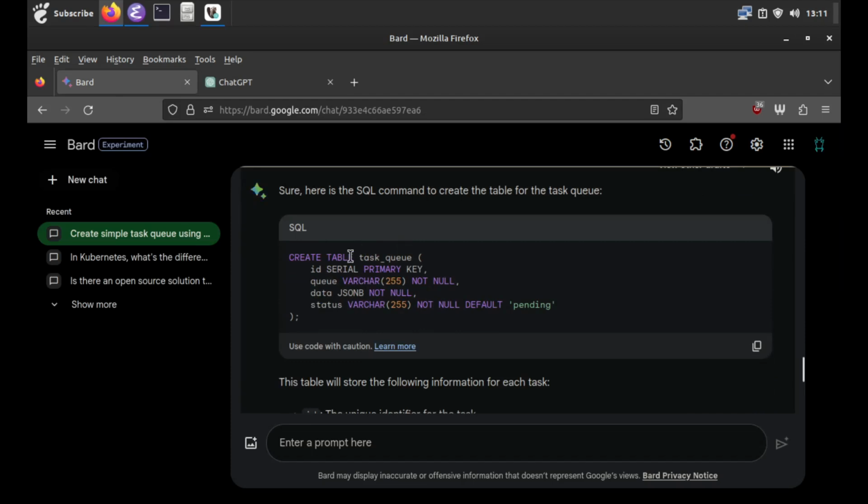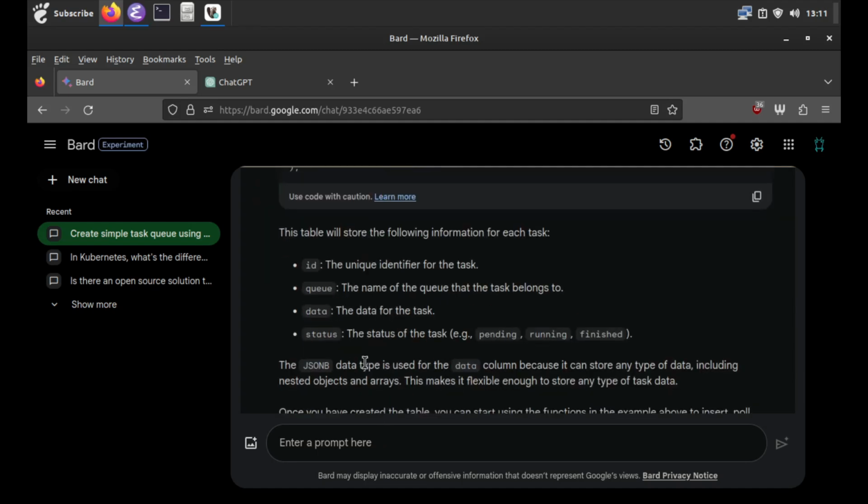And so here's what Bard says. We have some ID, a queue, which is varchar. Data is JSONB. I guess people are using JSONB for everything as essentially like a document that you can store in the table, and then a status, which has the string pending as a default. Okay, that's cool. So let's see. What I don't like is